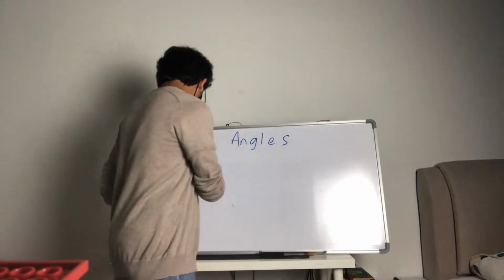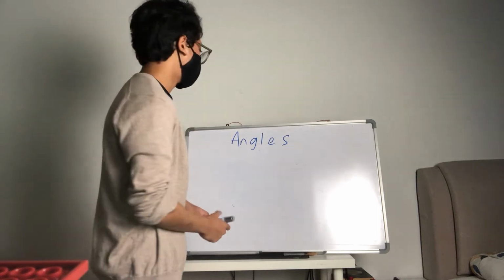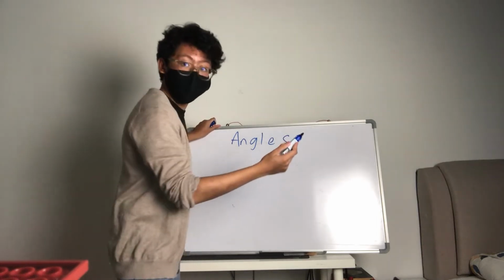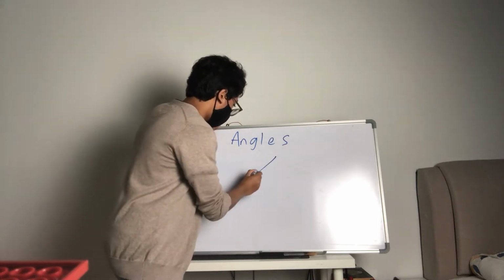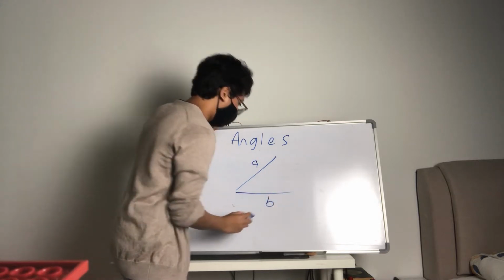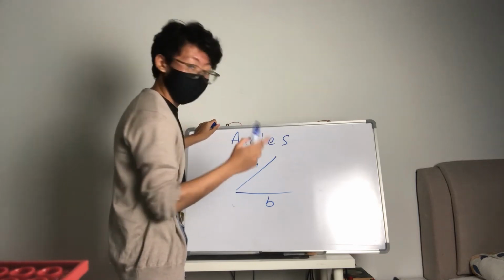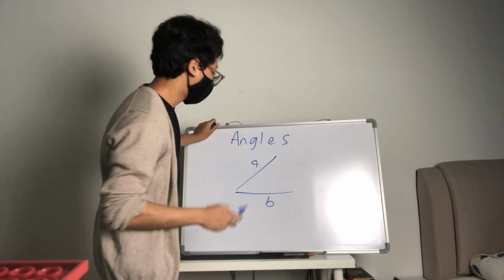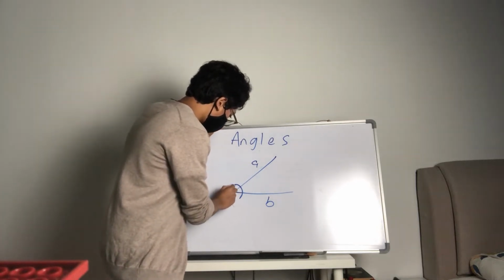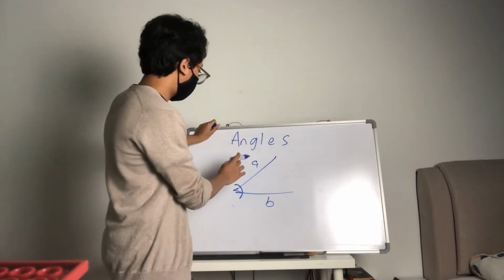Today, I'm going to be explaining everything I know about angles. So an angle is when two lines meet at a certain point. For example, this is line A, and this is what we call line B. These two lines are different, but they meet up at one certain spot. This little point here is what we call an angle, because this is where lines A and B